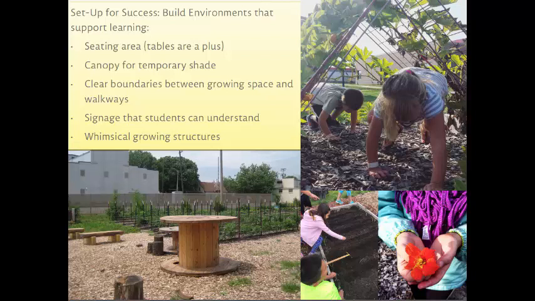And I love to see gardens where you can tell the designers thought like a kid in developing them and made it a really fun space. So this trellis that is turned over on its side so that kids can crawl through a tomato tunnel. Those are really amazing. And when you think like a kid, you quickly realize that that's a cool thing to do, to crawl through that, to lay under there and read a book,